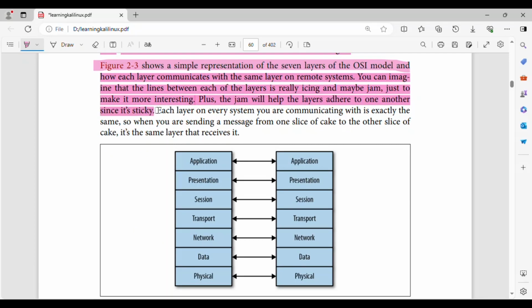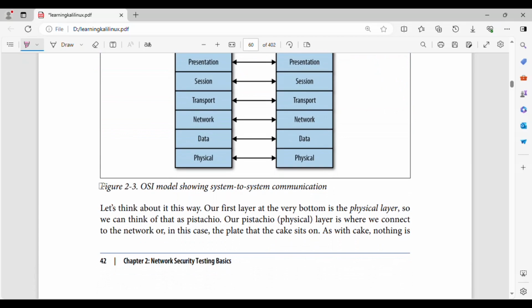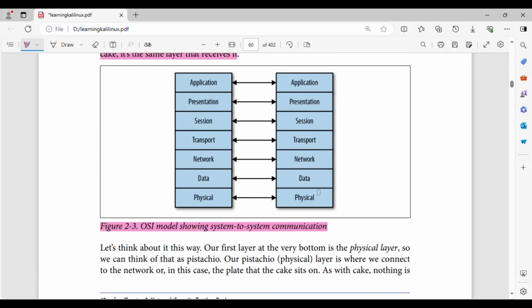Since it's sticky, each layer on every system you are communicating with is exactly the same, so when you are sending a message from one slice of cake to the other slice of cake, it's the same layer that receives it. Figure 2-3. OSI model showing system-to-system communication.